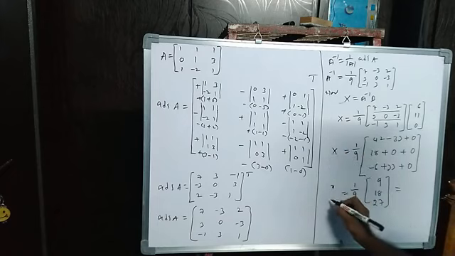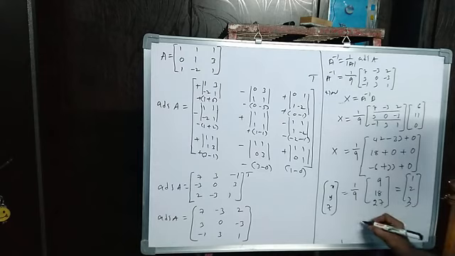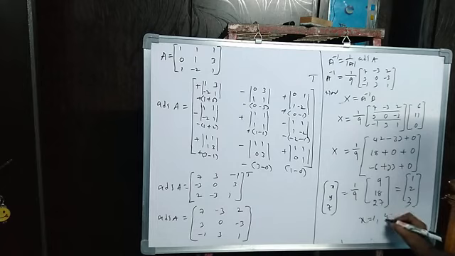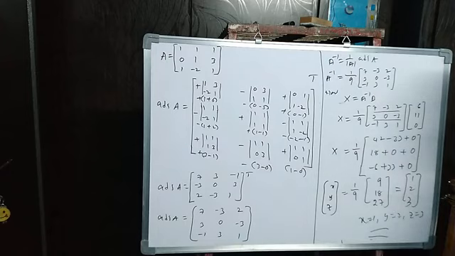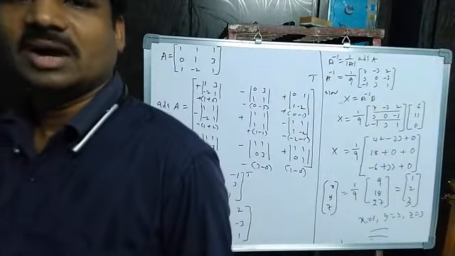Now it is X. X means here I am writing x, y, z. Multiply 9 into 1 by 9: 1, 2, 3. We got the x value, y value, z value as 1, 2, 3. X is equal to 1, y is equal to 2, z is equal to 3. Hence solved. So we find the x value, y value, z value. Like this manner we have to find. Very important, and some more are there. I will explain in the next class.